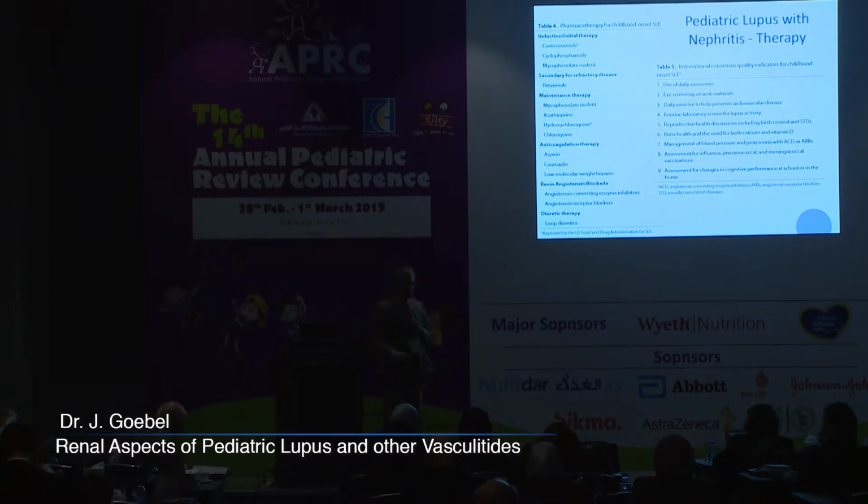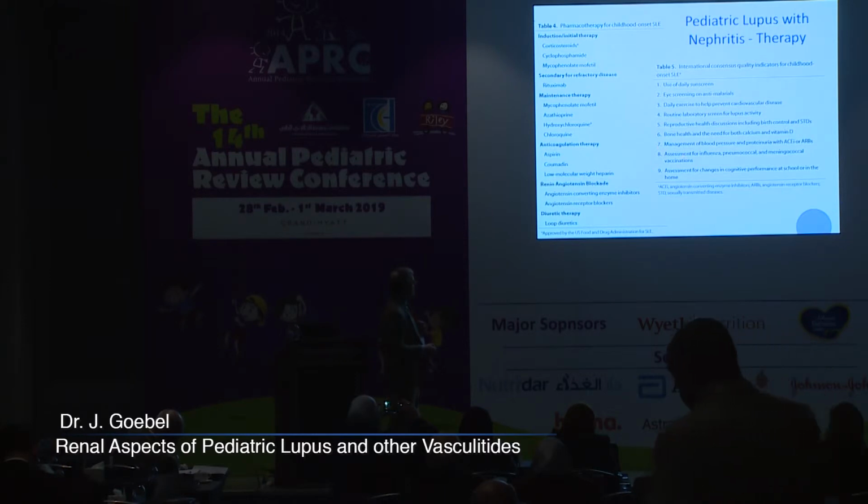Interestingly, at least to me when I prepared this talk, there is also now a secondary set of agreed upon consensus quality indicators for the treatment of childhood onset lupus. These are not drug treatments in the primary sense for lupus, but other recommended treatment modalities or interventions for children with lupus, ranging from using sunscreen, from regular eye exams if antimalarials are used as part of the lupus treatment, the whole cardiovascular focus about